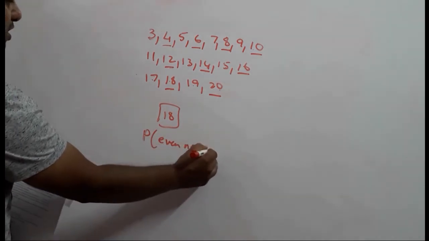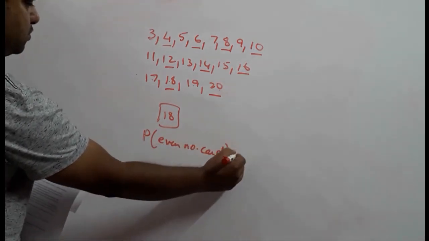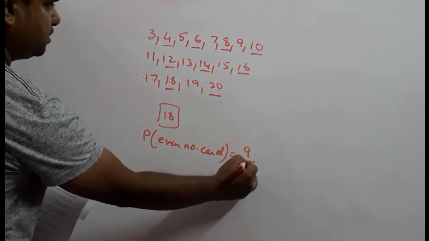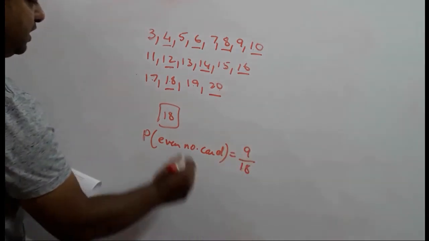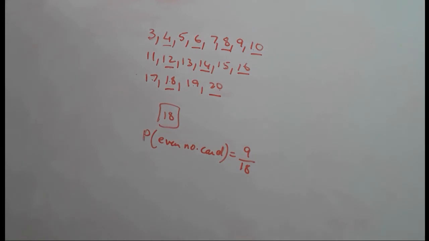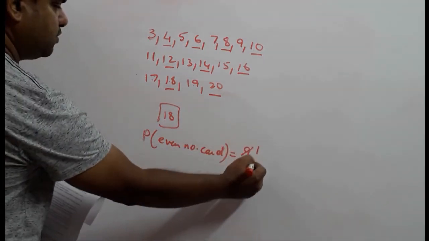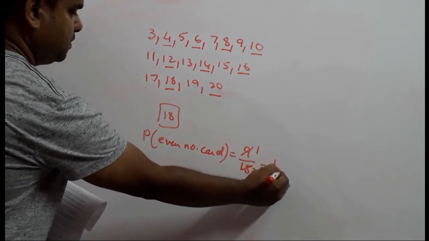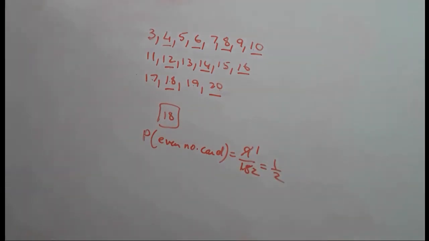So probability of getting an even number card is equal to 9 upon 18. Why 18? Because 18 cards are present in the bag and 9 of them have even numbers. So we'll just cancel this. 9 ones are 9, 9 twos are